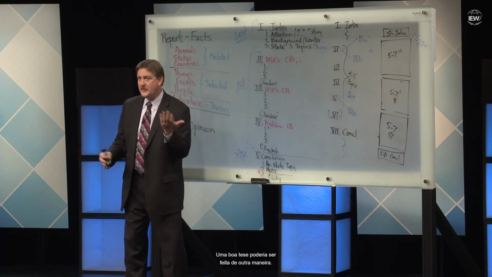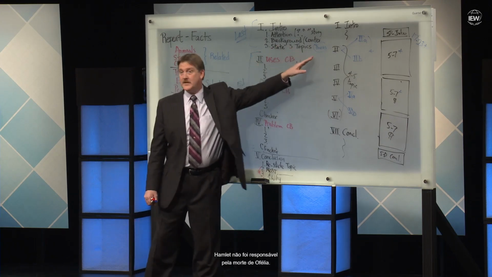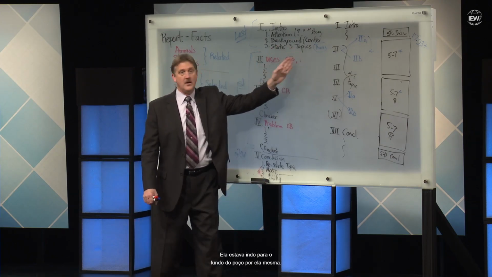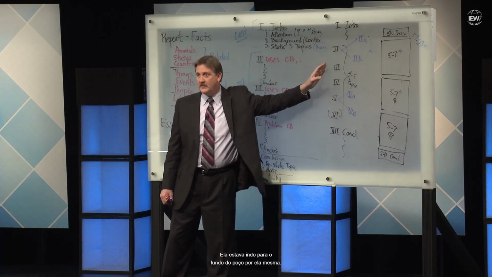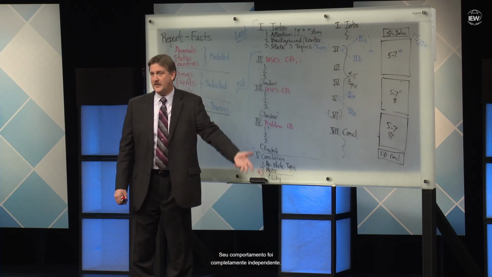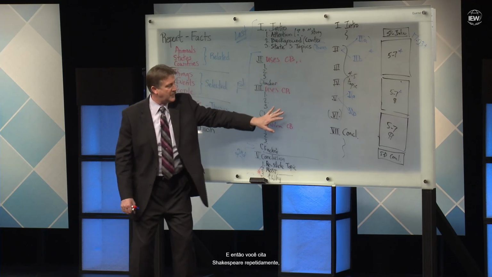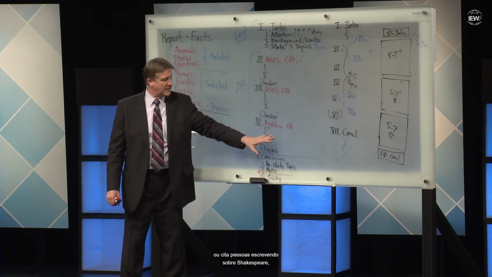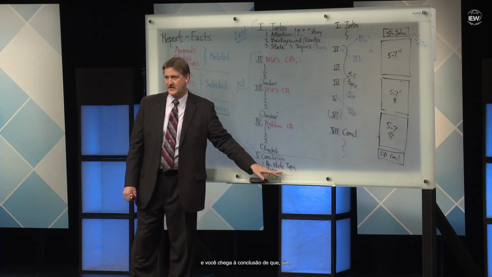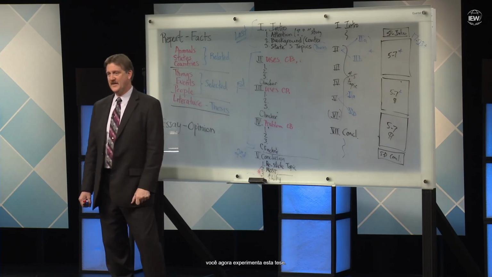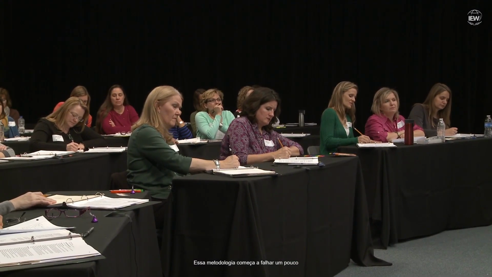A good thesis could be done either way. Hamlet was not responsible for Ophelia's death. She was going off the deep end all by herself. His behavior was completely independent. And then you go quote Shakespeare ad nauseum, or quote people writing about Shakespeare, and you come to the conclusion that yes, you have now proven this thesis. That methodology starts to fail a little bit